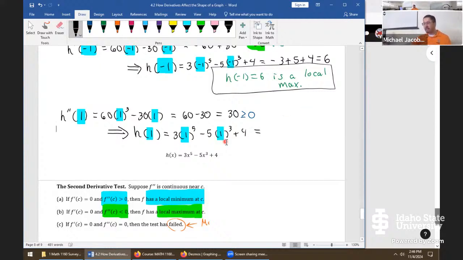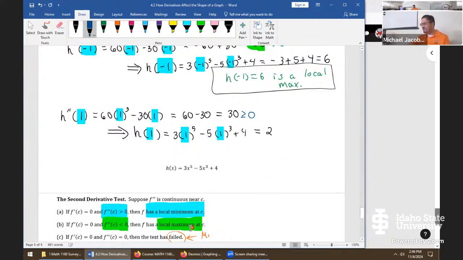This is just 3 minus 5 plus 4. So that comes out as a 2. And that's going to be our local max, or excuse me, a local minimum. It's always easy to get mixed up on this. So we'll say here, h at 1 equals 2 is a local